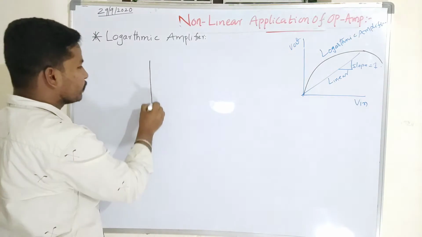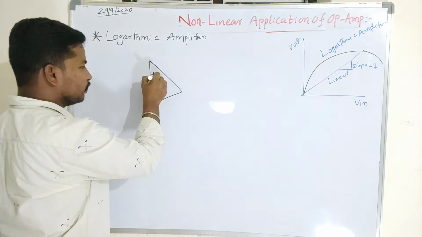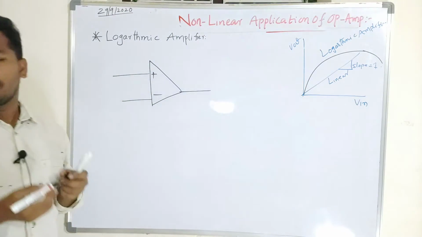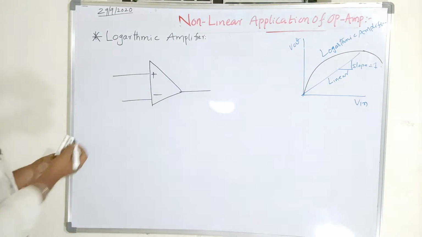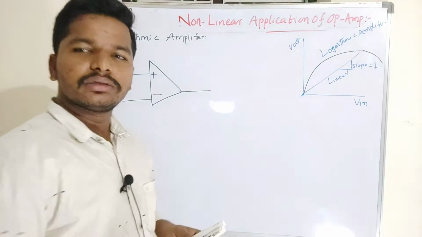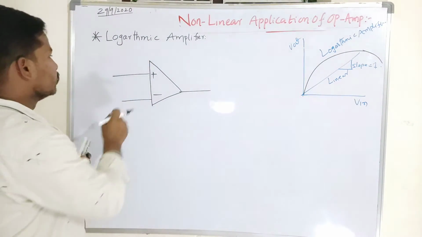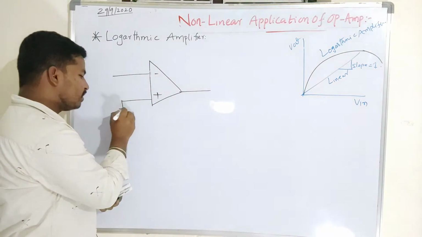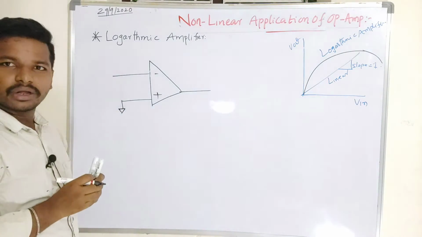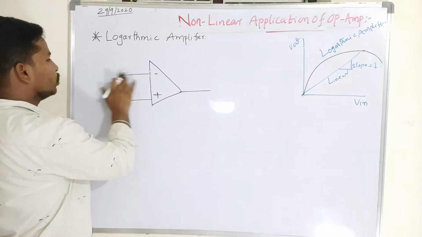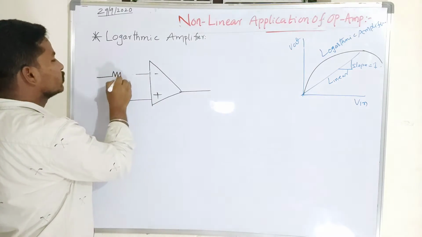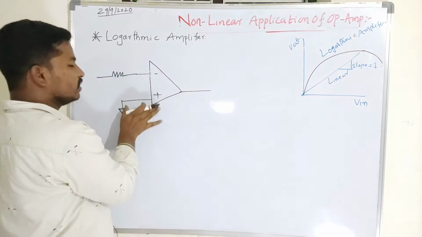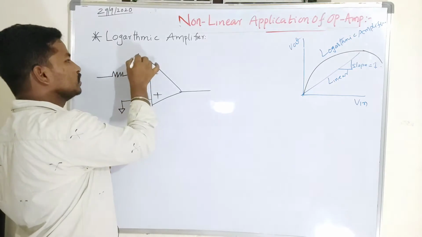So we will start the circuit. We know that an operational amplifier is a device having two input terminals and one output terminal. I am assuming this one as the negative terminal and this as the positive terminal. Most applications we design in an inverting or non-inverting configuration. I would like to connect one resistor here, which acts as a voltage to current converter, and this is a current summing point.